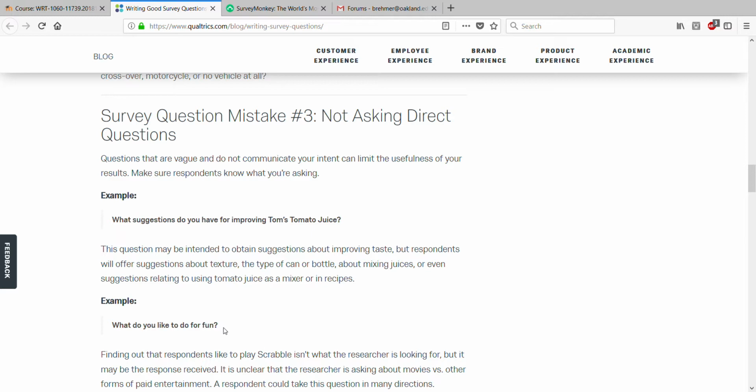If you want to ask an open-ended question, is there anything you'd like to add, or is there something you'd like to say about this topic? Only give them 1 or 2 options for that. Most of your questions in your survey should be closed-ended questions with clear options to choose from. It makes your job easier, it makes the survey clearer, and it makes analyzing your data much easier.